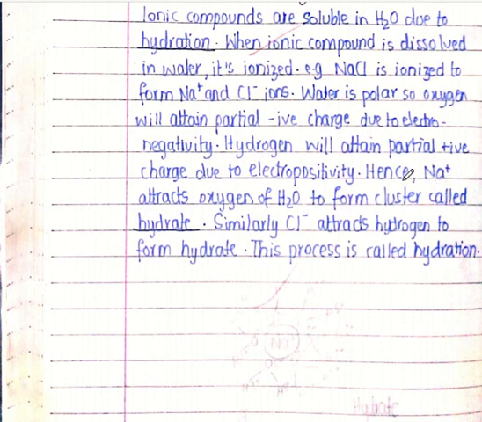Students, now I am explaining a very important concept, so listen to it very carefully. The negative end of the water molecule, which is the oxygen part, attracts sodium ions, and the positive end of the water molecule, which is the hydrogen part, attracts chloride ions with some intermolecular force. In this way, 6 water molecules surround one chloride ion, and again 6 water molecules surround one sodium ion. Now clusters are formed. Clusters means bunch. These clusters are called hydrates, and this whole phenomenon is called hydration.